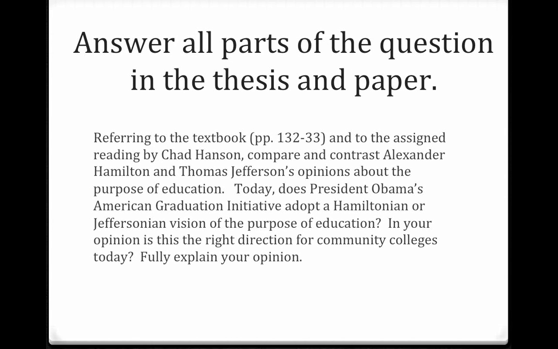One piece of advice that I gave in quite a few of the thesis outlines was that students need to answer all parts of the question, and you need to do this both in the thesis and the paper. This is a question that has more than one piece, so you're doing more than one thing in this paper. So here's the full question,